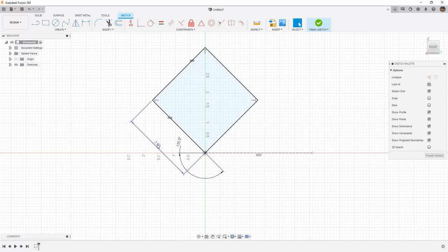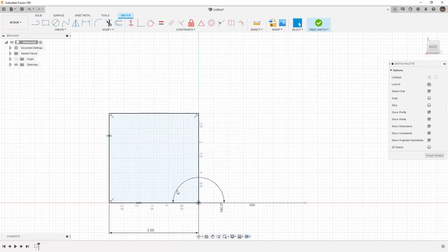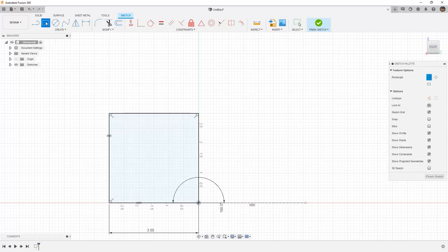We can modify these at any time by double-clicking on these values, and for example, making it a 3-inch length. We can also modify the angle, for example, making this 180 degrees. Just because we have these dimensions and we have a fully defined sketch doesn't mean that we can't modify them to our needs. Now that we understand how to make a basic sketch, let's take a look at the rectangle